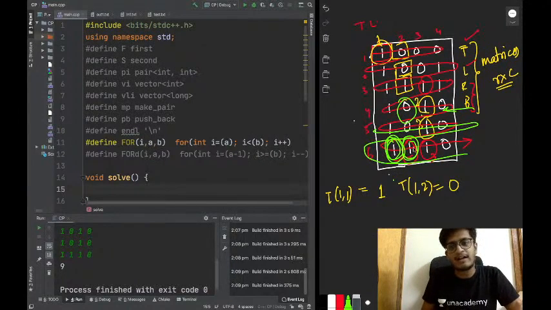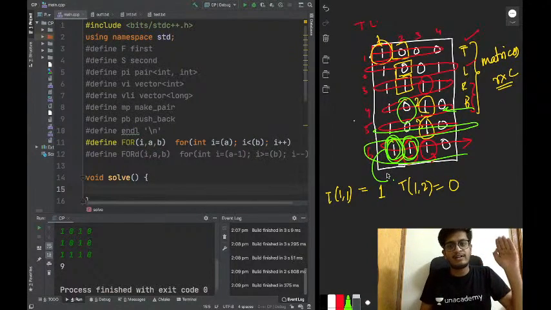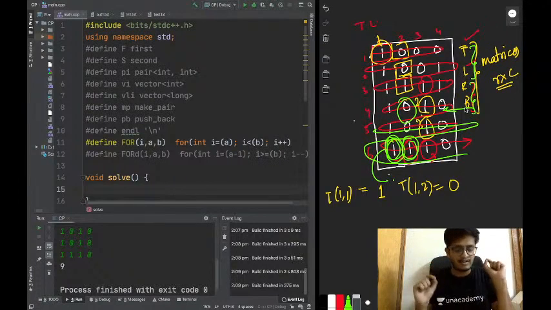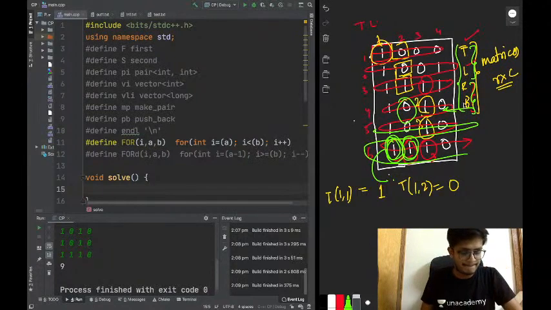So its R value will be the R value in the right plus 1, and its B value will be the B value in the bottom plus 1. So we will make two passes, one from the top left corner and one from the bottom right corner. In the first pass, we will update the T and L values. In the second pass, we will update the R and B values. This is how we are going to create these four matrices T, L, R and B.